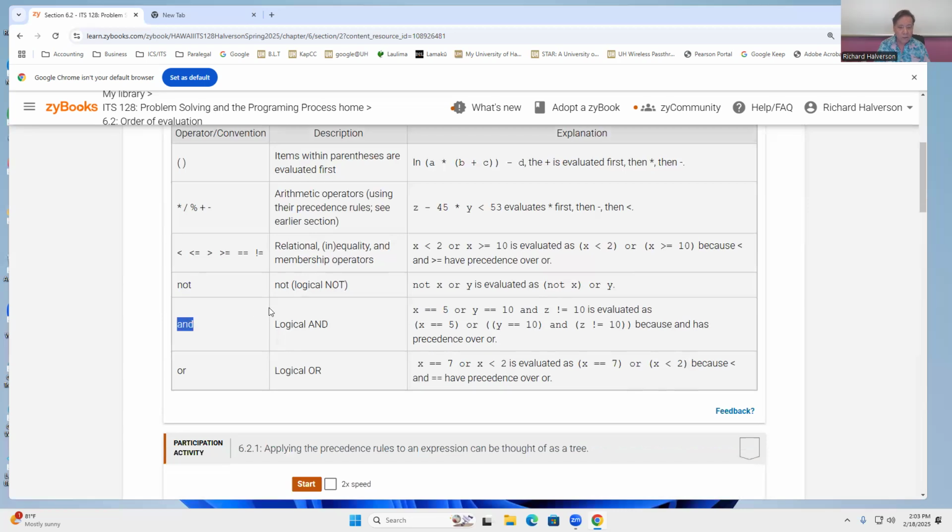And then we have these and operators, and the and operator is kind of like multiplication, and the or operator is kind of like addition, except these and operators and or operators operate on Boolean variables or values, which means they're either true or false. They're not 1, 2, 3, 4, 5 or whatever. They're either true or false. So not is like a minus sign in front of a variable or a number, and is like this. If like an expression like this,